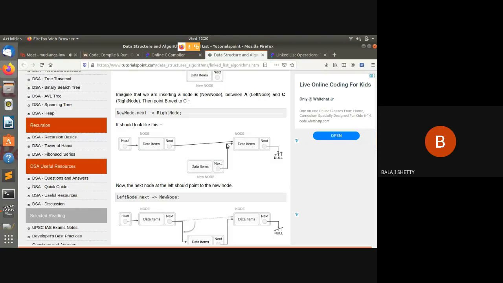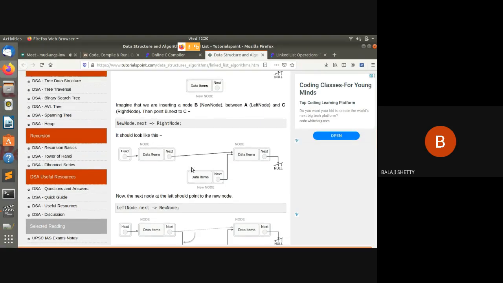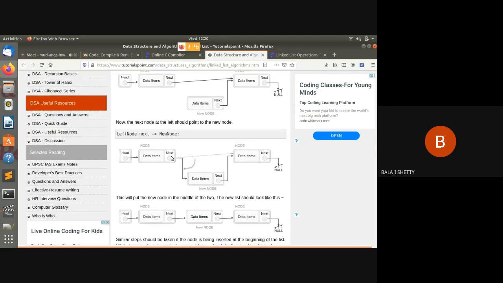Address of next is this element. Now this element also contains the address of the next element, this node. This element also contains the address of next, at this element. And the next step is the address of next was this node. Now I have to point to this atom, the data atom. That's it. You can understand this. It's a nice website. Okay, so in this way we insert the data in the linked list.